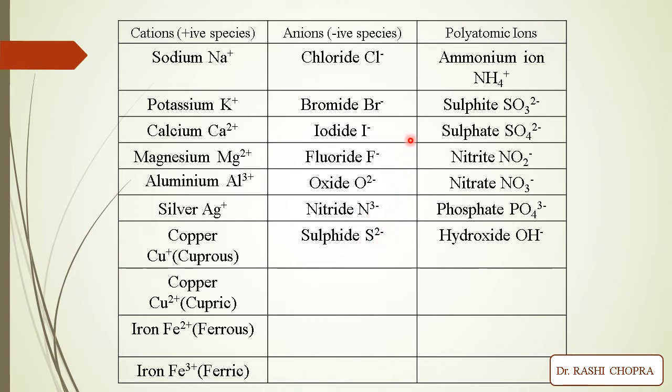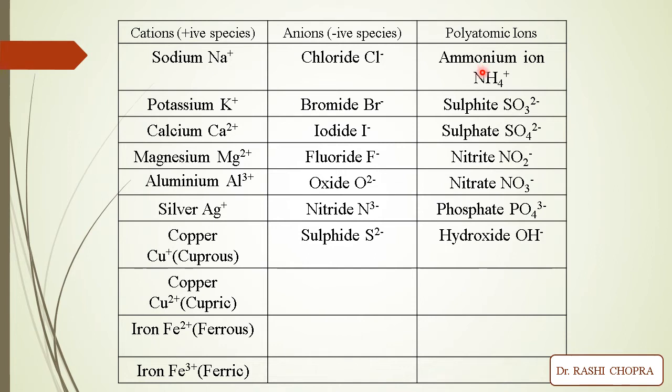Now there is a third category of ions, which is called polyatomic ions. Polyatomic means many atoms. So in polyatomic ions, different atoms actually combine to give the ions. For example, in the ammonium ion, there are two different types of atoms, nitrogen and hydrogen. They have combined to give an ion. Ion means some charge, either positive or negative, right? So this is a polyatomic ion, because different atoms have combined together.